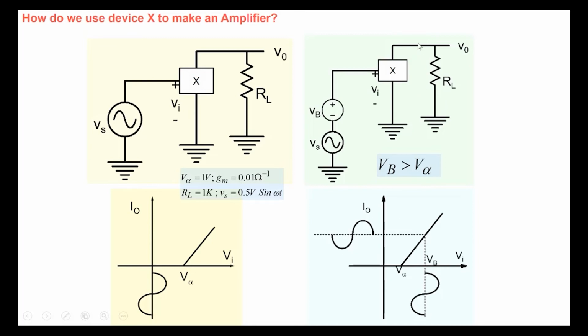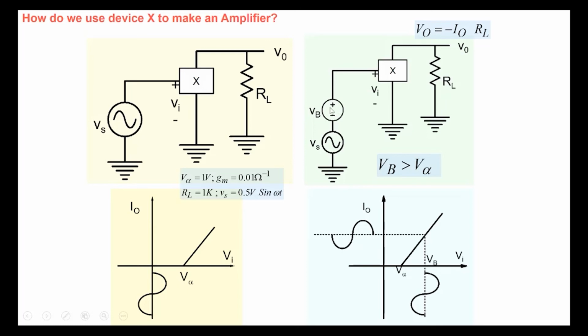So the output current will have a sinusoidal component. If the input is sinusoidal, the output will be sinusoidal. If this were a speech signal or a video signal, the output will be exactly like that speech signal or video signal. So besides the DC current, it would have that extra signal component, and therefore the output voltage will also have that signal component. Okay, I0 flows in this particular direction, so V0 is minus I0 RL. If you ignore the minus sign for a moment, the phase change, V0 is directly proportional to I0. So by this means, we will be able to amplify our signal Vs,